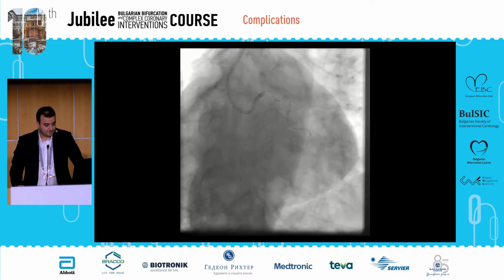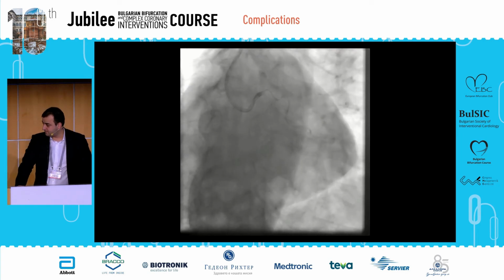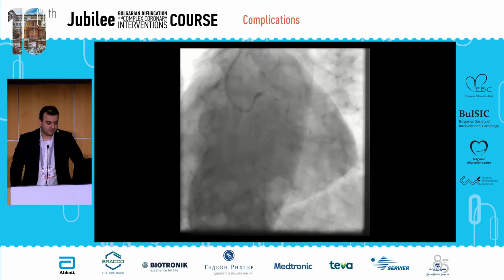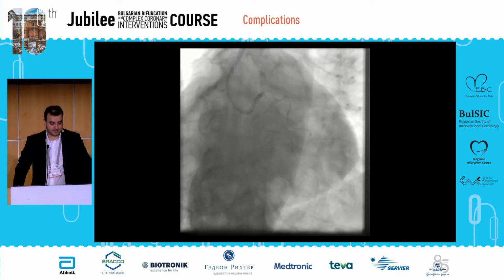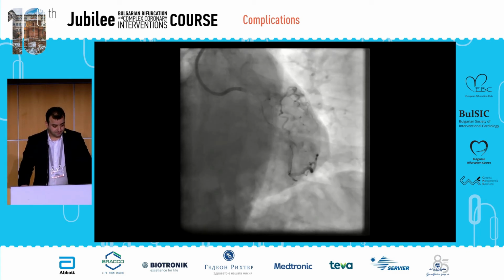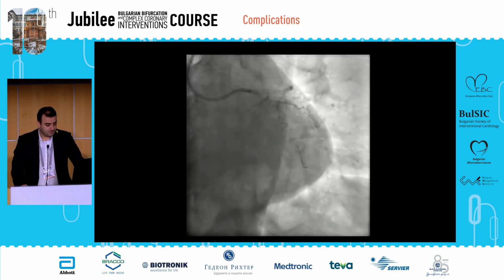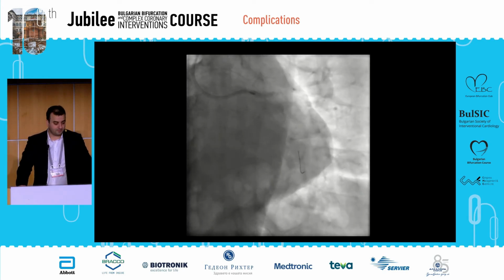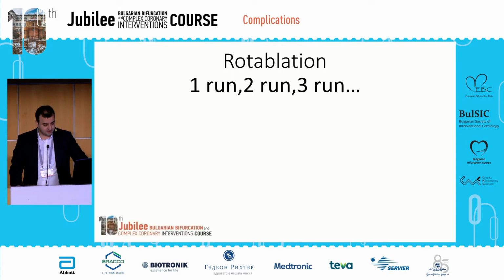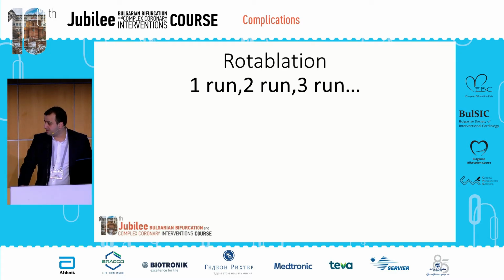I'll proceed with the angioplasty. I put a microcatheter there. I put my wire back because I couldn't cross the lesion. It was a quite tortuous, calcified vessel, and I took the rota wire. I passed through the lesion and prepared everything for the rotablation. That's the burr. It's a 1.5 burr, and I proceeded with the first run, second run, third run, and during the third